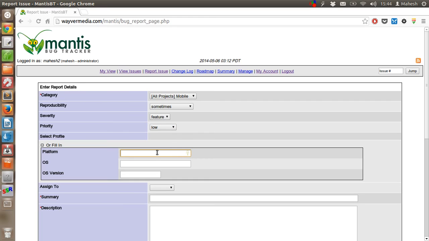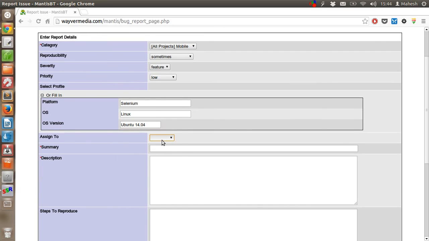For that, platform is, let's say, Selenium, OS Linux, Ubuntu 14.04. Assigned to should have the name of the user. After that, let's say mobile website